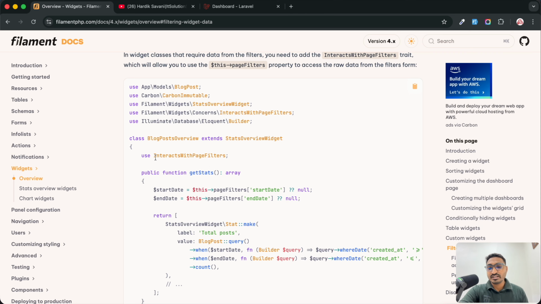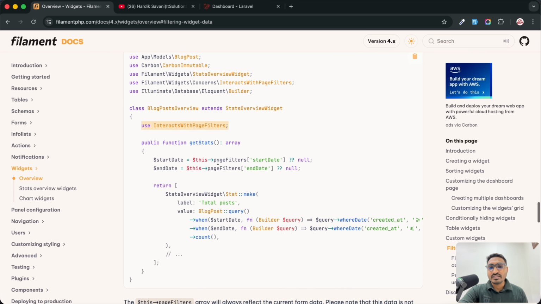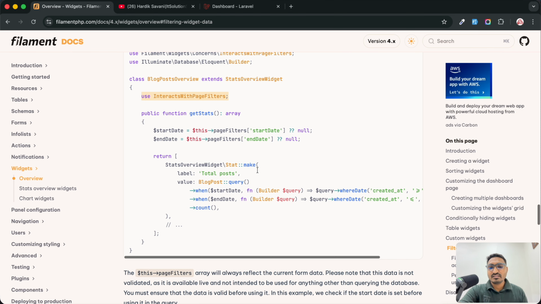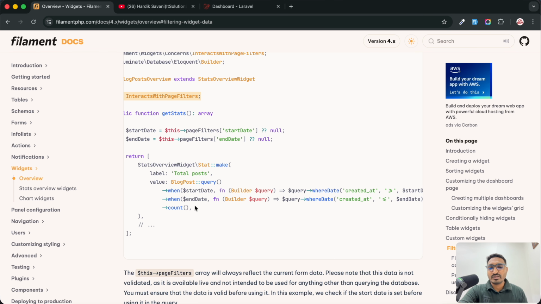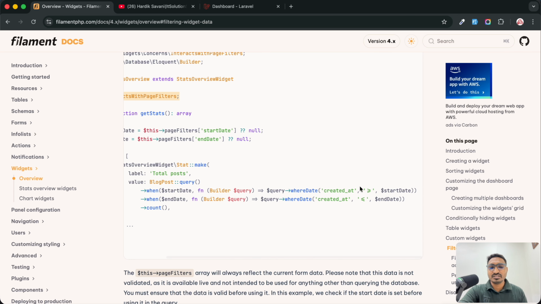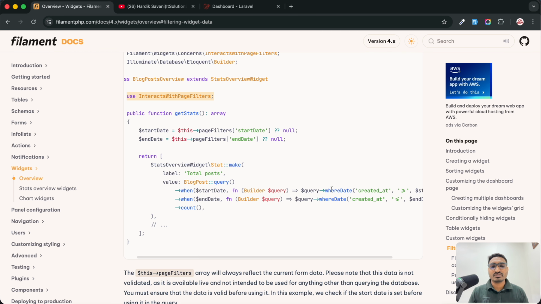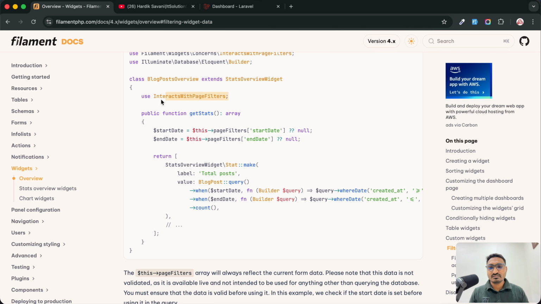So how to use the filter? First of all, we need to use this class to access the start date and end date in your class. Just interact with page filters, and then you can get the page filters with the start date and the page filters with the end date. Then you can use the Eloquent when method and just add the condition. If you have a start date, then it will be greater than the created date. If you have an end date, then it will be less than the created date. Okay, I'm going to copy this,